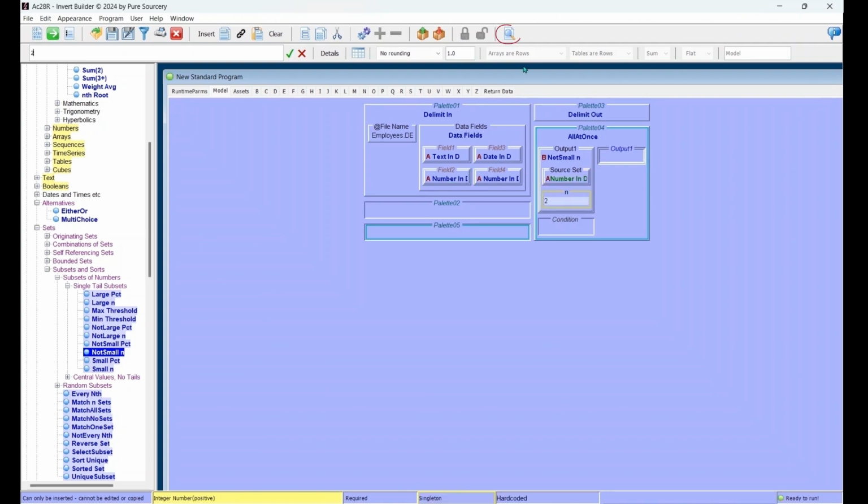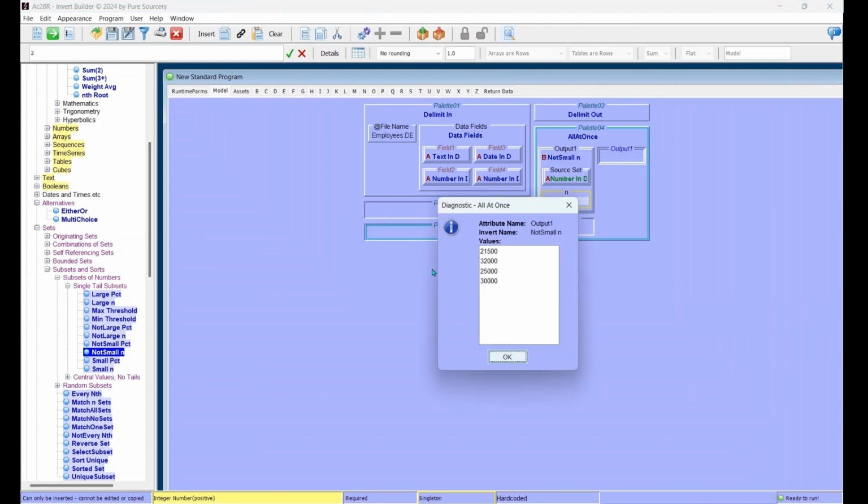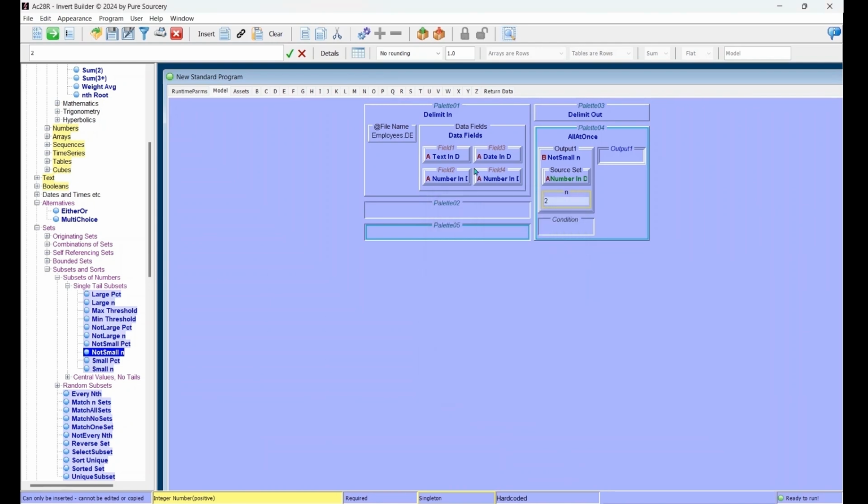So that's going to give us the largest 4 salaries. It's already been built. We run it. And there you go. So we have 17,300, and I think there was a 20,000 that's been deleted also. So there you go. One other thing is you can chain together these set manipulations to make some very sophisticated